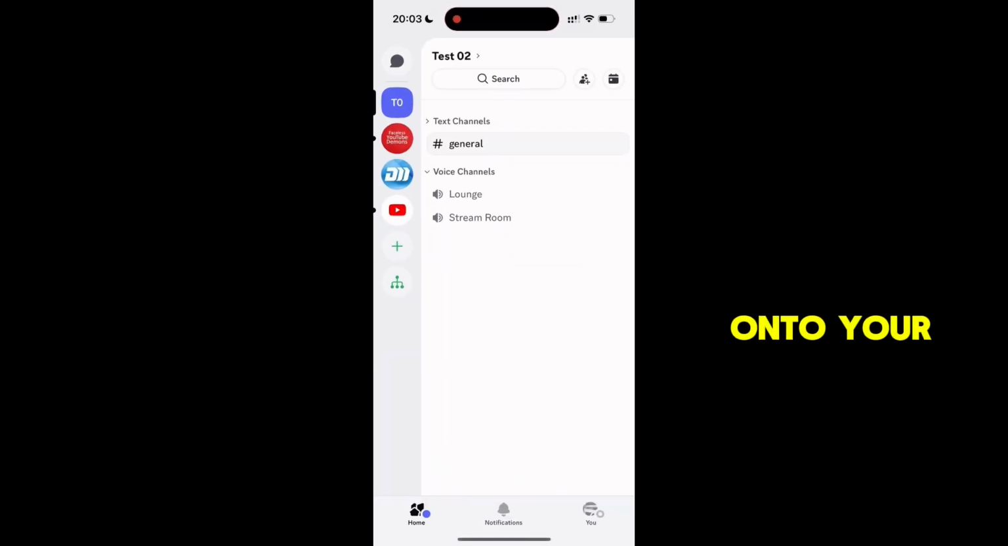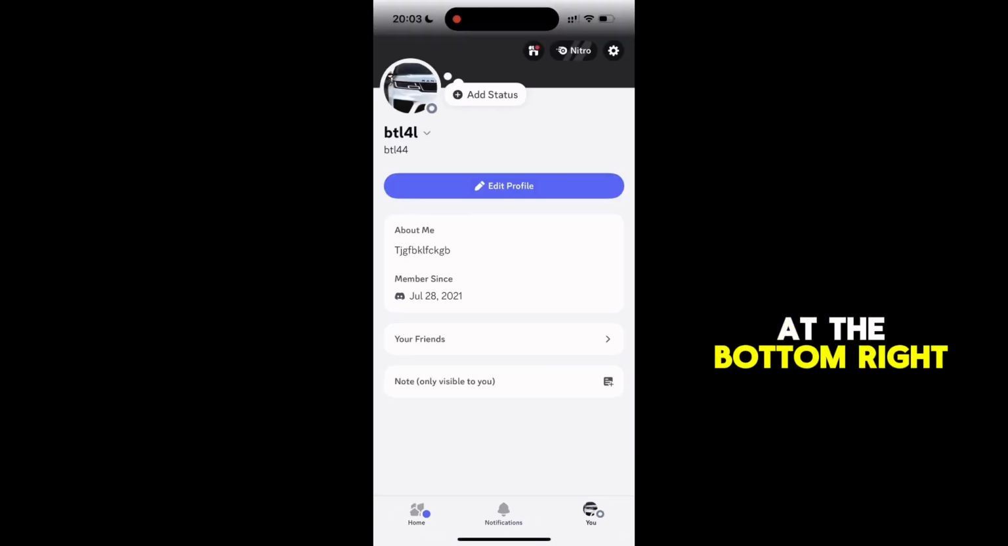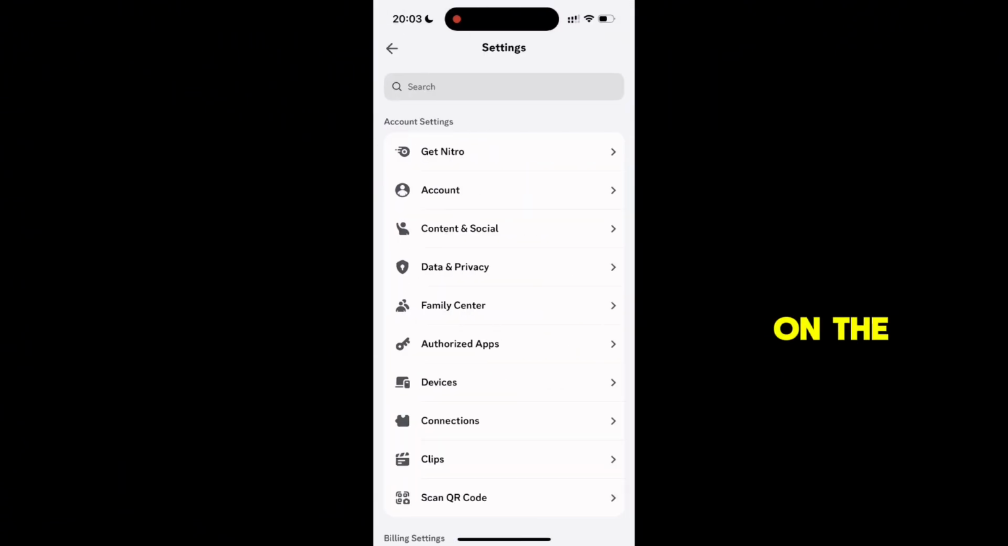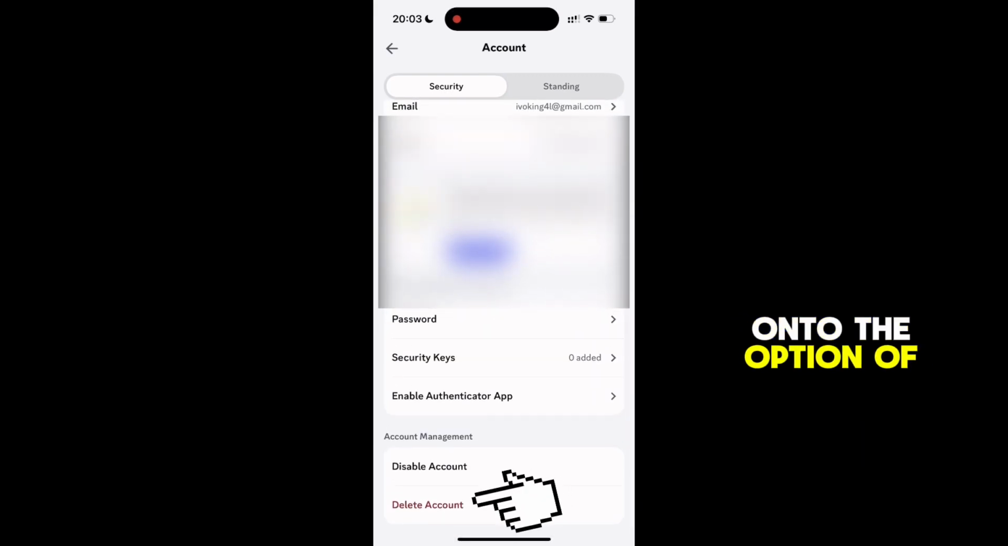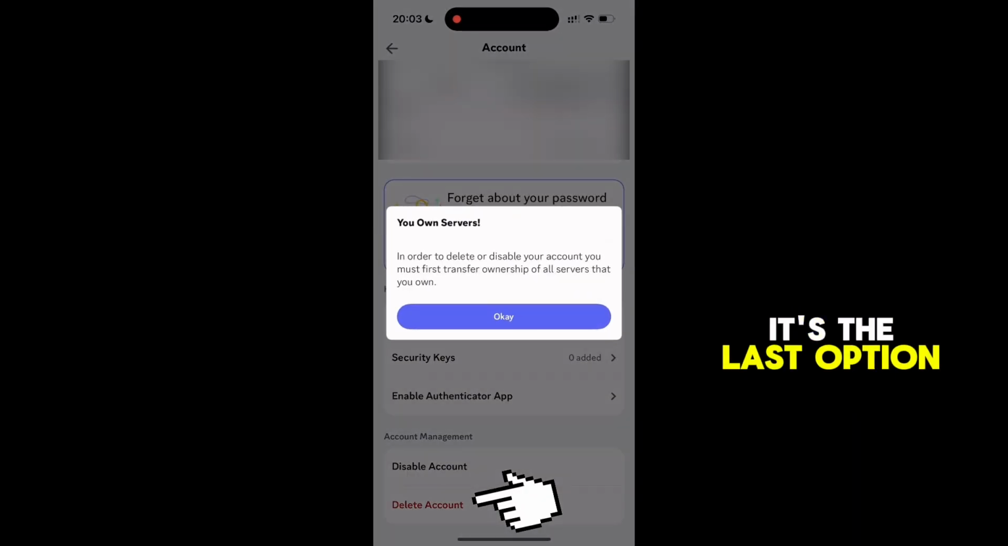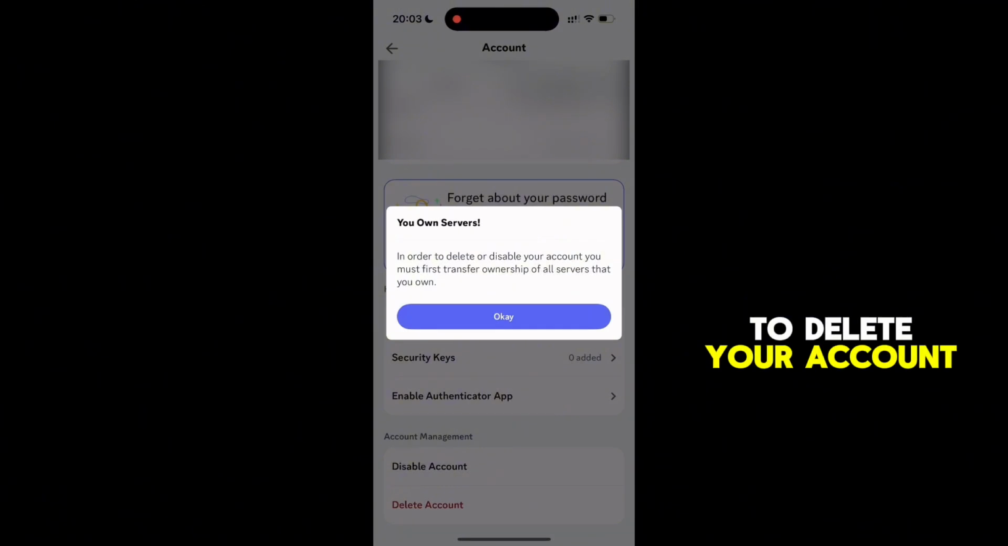You want to tap onto your profile icon at the bottom right. Then head to Settings. On the Settings page, select Account. You will then navigate onto the option of Delete Account. It's the last option. To delete your account, you have to first make sure you are not a Discord server